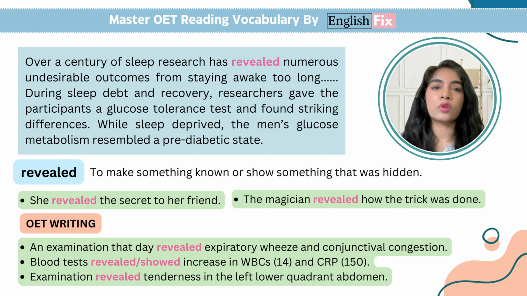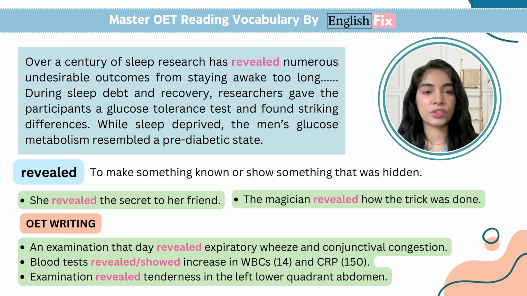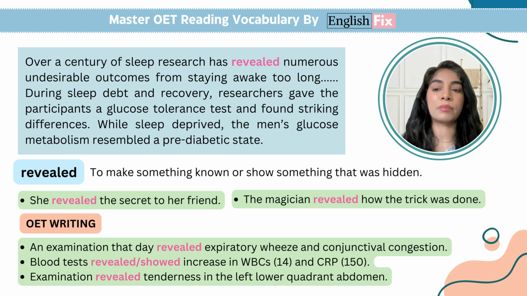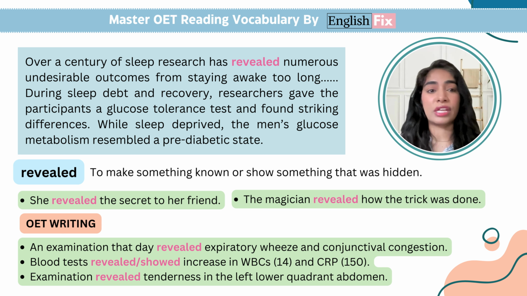If you do not want to use the word reveal, you can absolutely use the word showed. There's no problem with that. But when you want to talk about multiple examinations, you can go back and forth between these two words. For example, blood test showed or revealed increase in WBCs and CRP, or examinations or investigations revealed tenderness in the